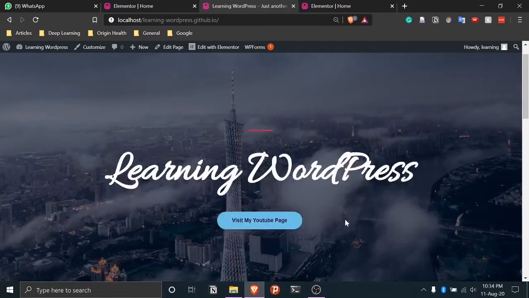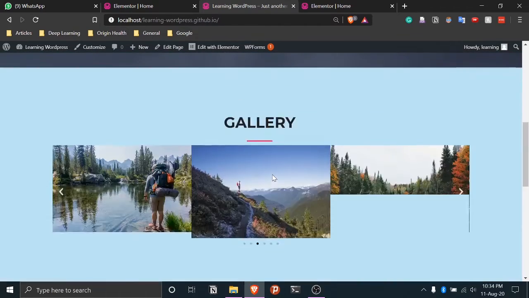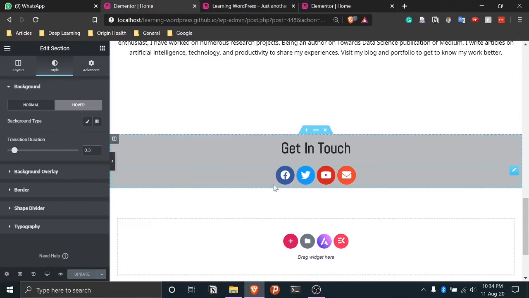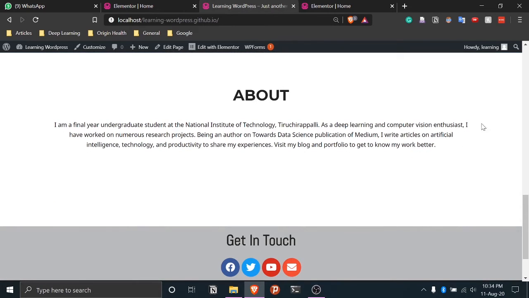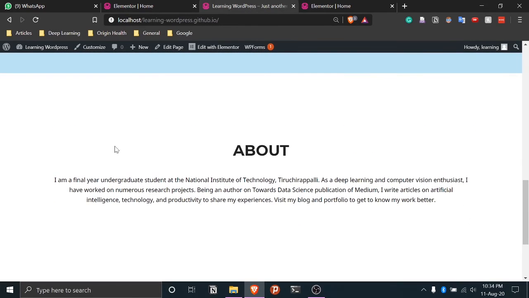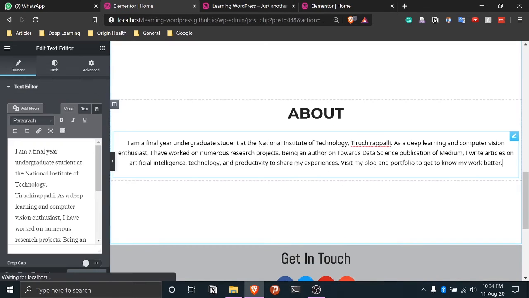So I think our website has started to take the proper shape we wanted it to take. So one thing you can see, it looks a little odd. It's just three lines, and these lines are so long. So I think it's better if we can crop them from here. We can give some padding on the sides. So I'll show you how to do that. So if you go there, you can see this text box.